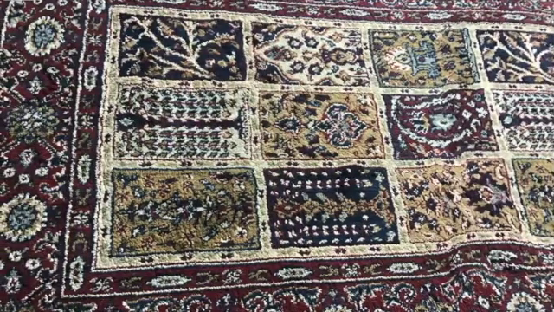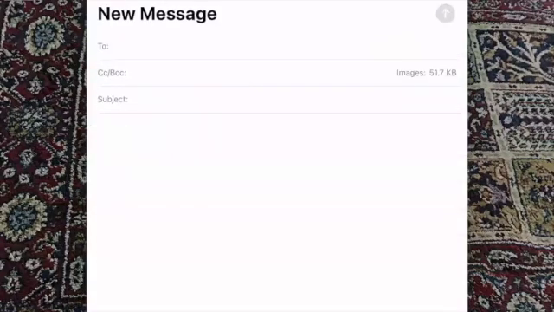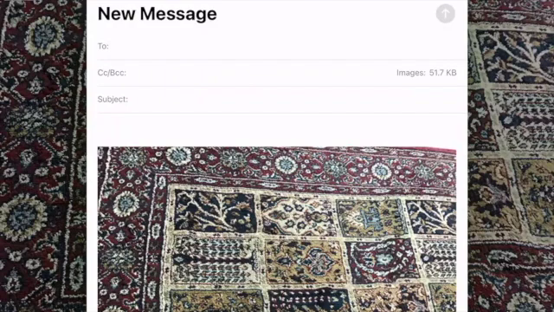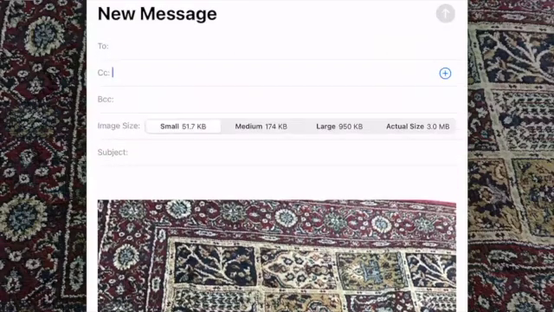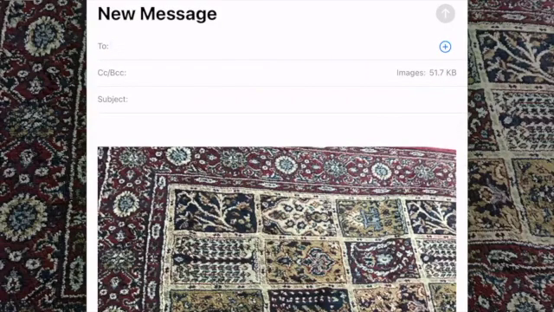Let's take this photo from my file and pretend we want it in the report, and select the icon up here for export, and then select the mail option. Now, right away, you can see in the CC/BCC line that it says images and it's selected 51.7 for us. Now that's the small size of this. You could send it the actual size, but as we said, we want to reduce it, so you send it that way. Put your own email in and send it that way, and then